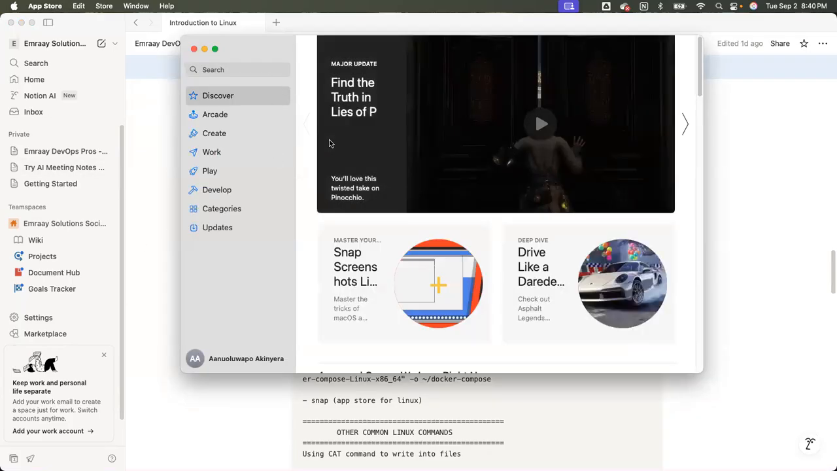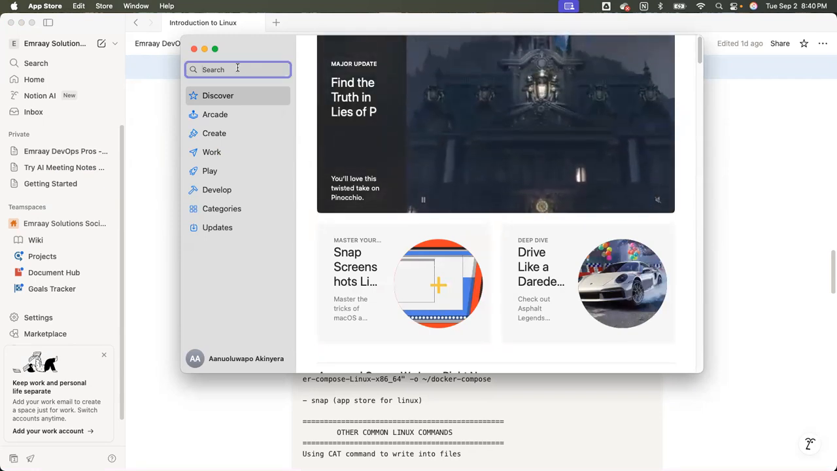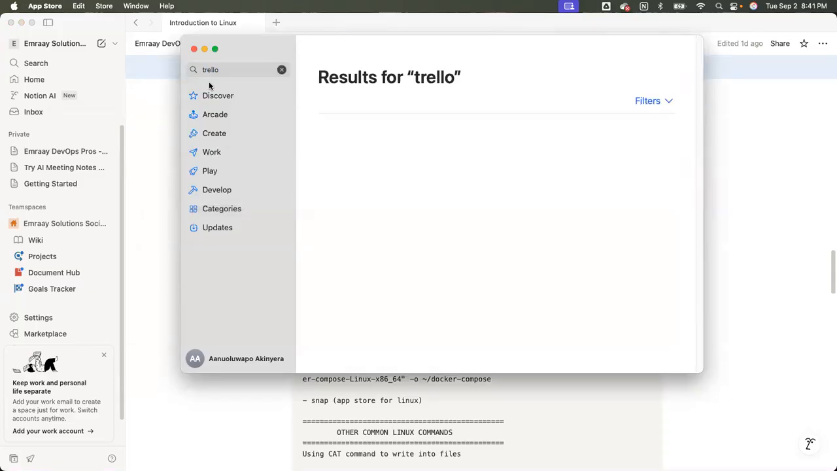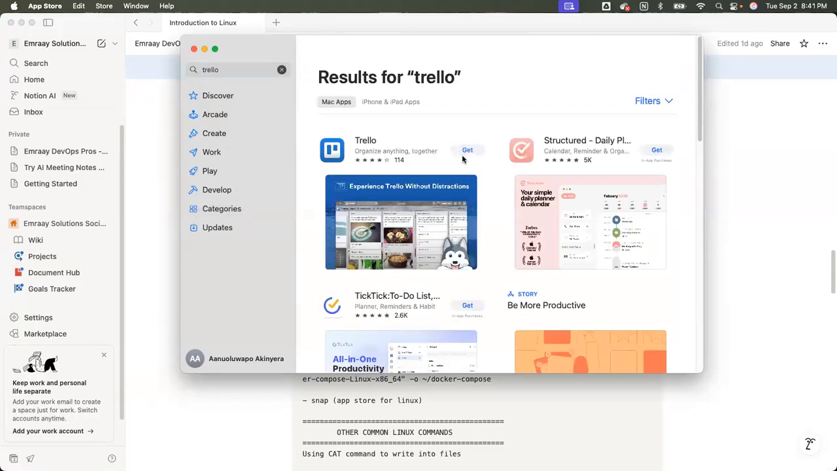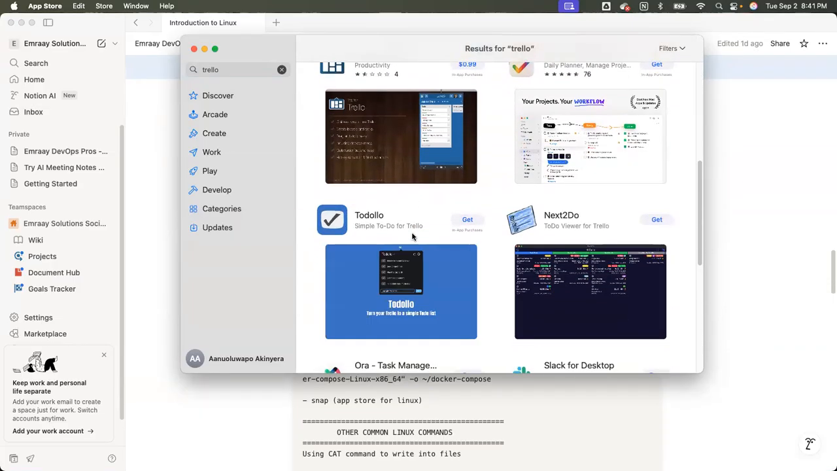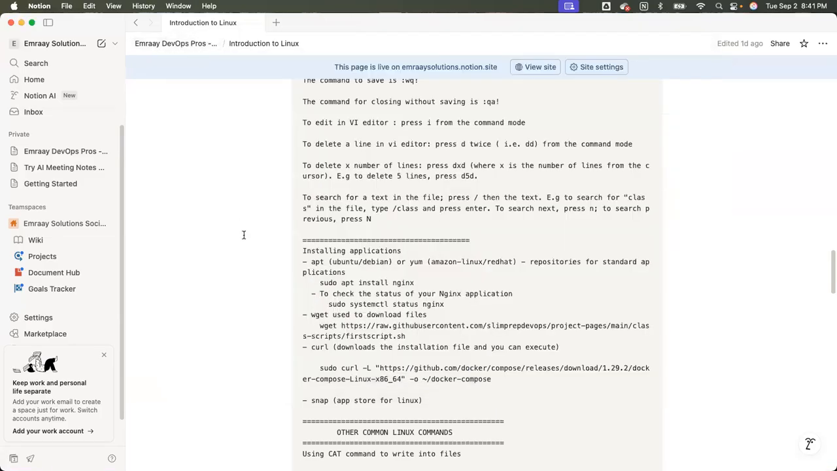So this is the first way. You go to your App Store. Even Windows now has their App Store, right? So you go to the App Store and let's say I'm looking for Trello, right? And I search for Trello. You see it's here. You click on Get, it installs it for you, right? Now, that is the first way. The second way is to,